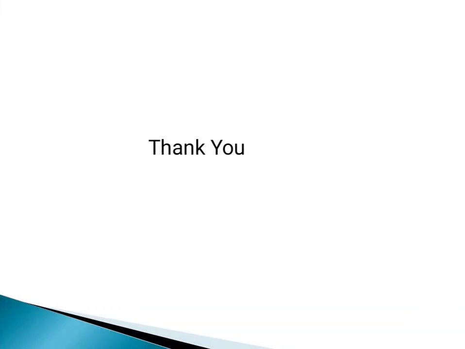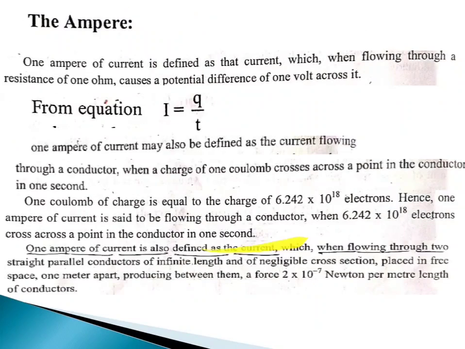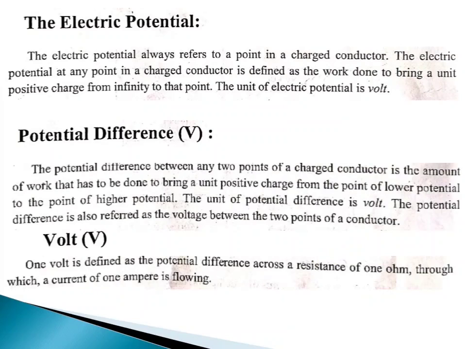So in this video lecture, I tried to convey what you mean by electric circuit, what you mean by the AC circuit, what you mean by the DC circuit, what you mean by AC current, what you mean by DC current. Then we tried to explain what you mean by electric current, what you mean by 1 volt, electrical potential, and potential difference. What is the unit of volt, what is the unit of current, and what you mean by EMF. All these points we discussed in this video lecture.